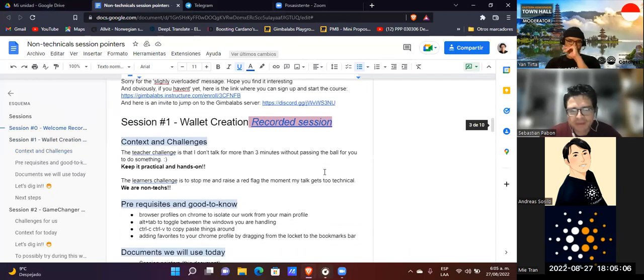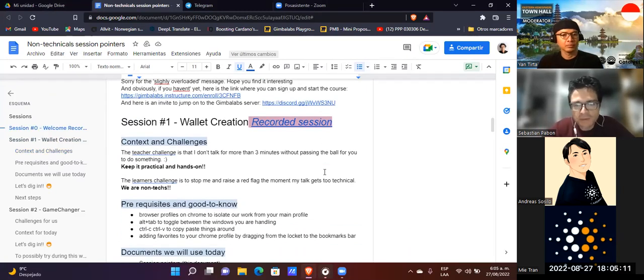The road to learning how to develop on top of Cardano begins with a non-technical approach, because it's important to start by understanding how all the infrastructure functions from the user side.